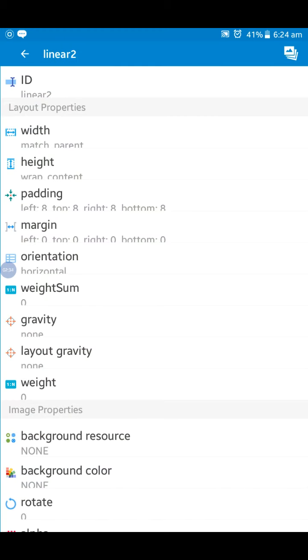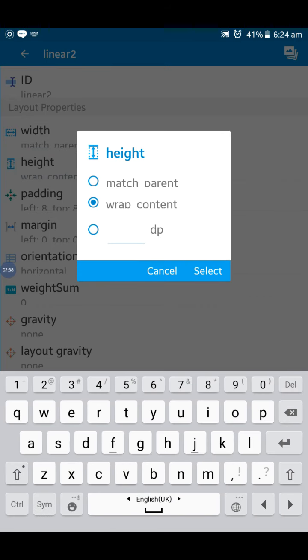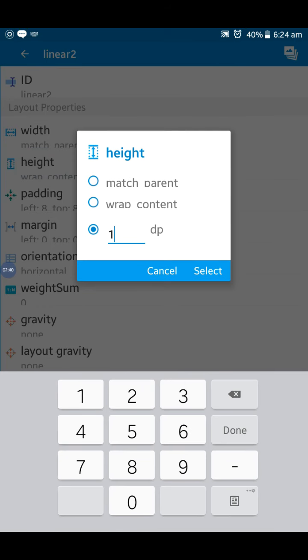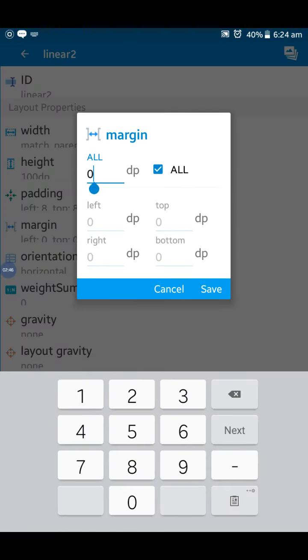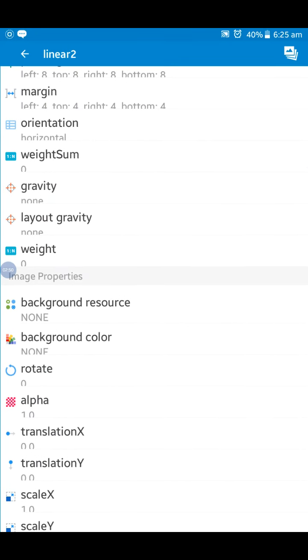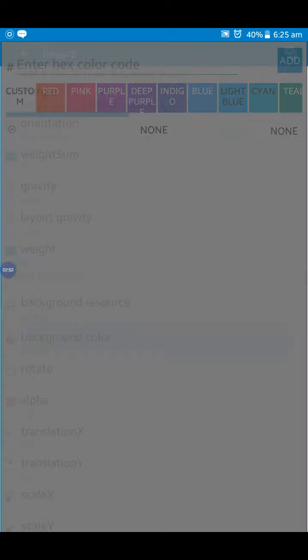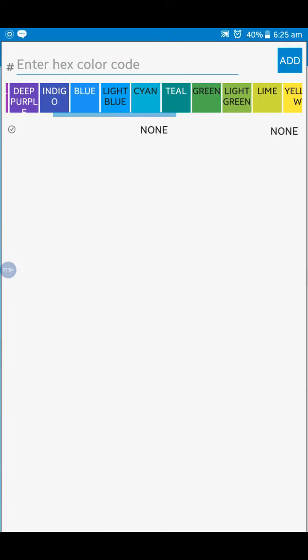For this linear horizontal, we have to assign the height to 100 dp. Then remove the margin, assign the margin to 4 and save. Then for the background color, we choose indigo dark.